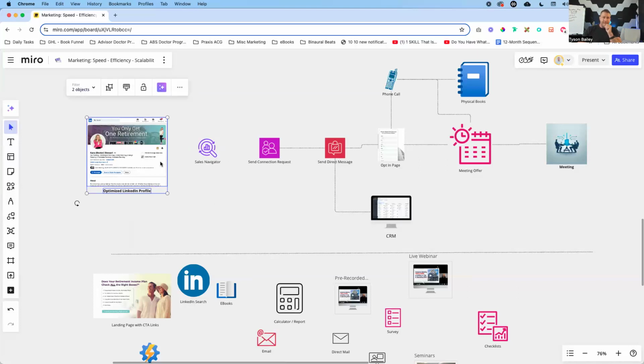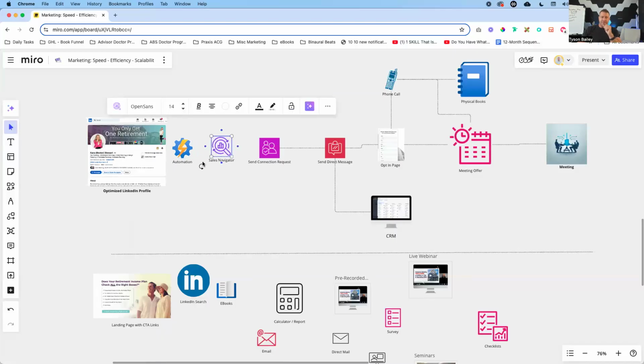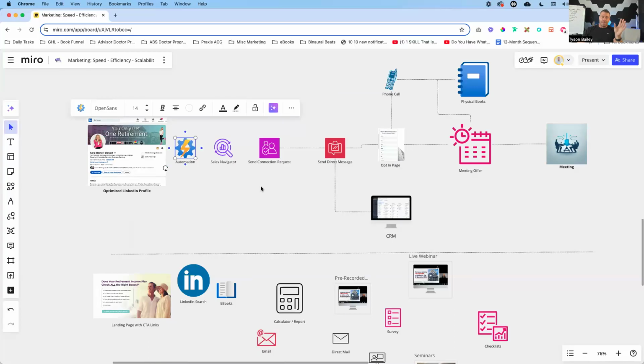Now, in addition to Sales Navigator, one of the things that you want to have inside of here is automation to speed up the process as well. Now, there are a number of different automation tools that you can use. Some are crap, some are great, and it's not a one size fits all. Now, if you're in our LinkedIn Lead Machine program, we open up exactly what LinkedIn automation tool that we use. What I like about the LinkedIn automation tool is a couple of different things.